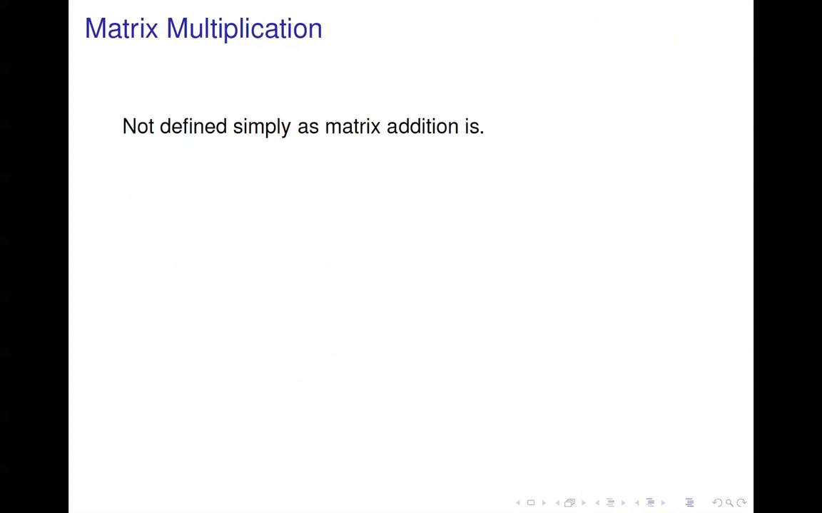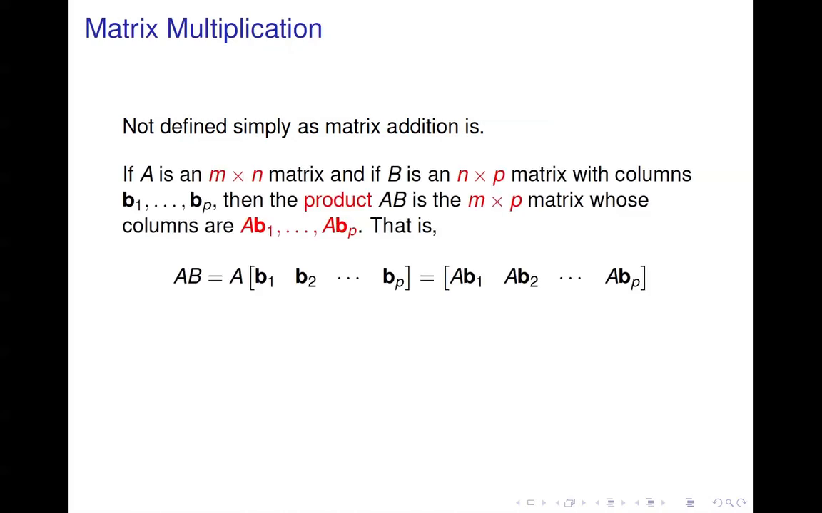Okay, let's move on to matrix multiplication, because matrix multiplication is not defined as simply as matrix addition is. It's a little more complicated. It's not just multiplying the corresponding entries together. So here we go. If A is an m by n matrix, and the sizes are important here. So suppose A is m by n, and B is n by p. Okay, so that's the key. The number of columns in the first has to equal the number of rows in the second